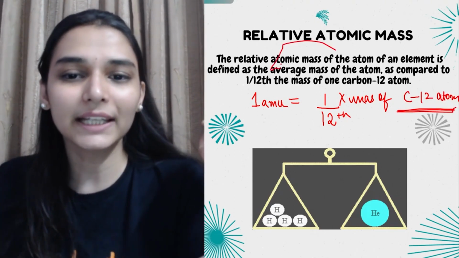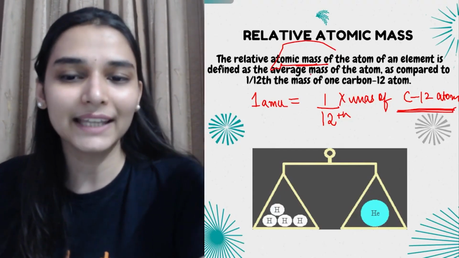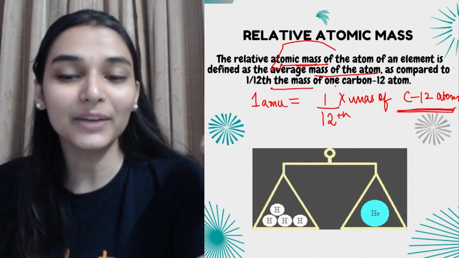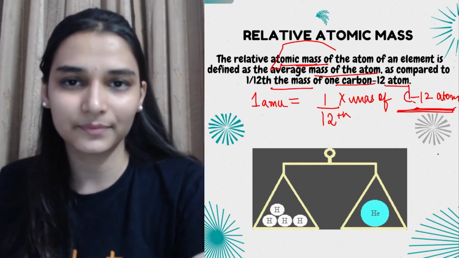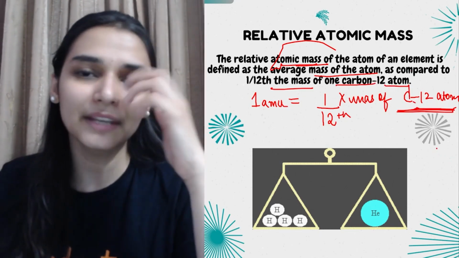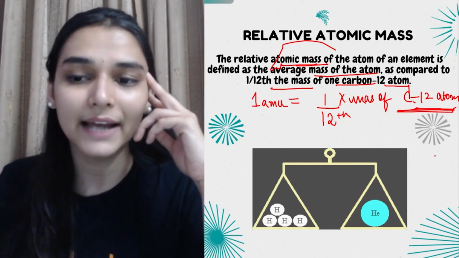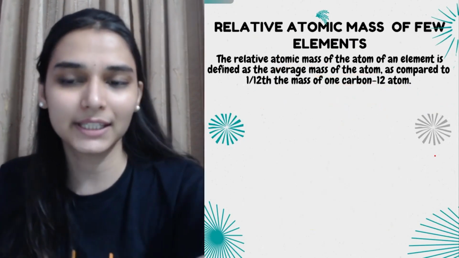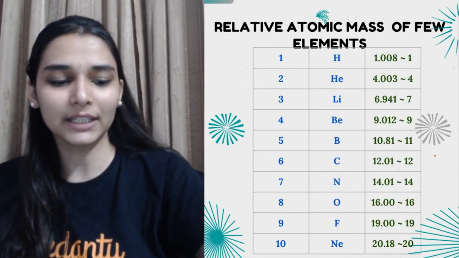Okay, so relative atomic mass of the atom of an element is defined as the average mass of the atom as compared to 1/12th of the mass of 1 carbon 12 atom. This is what we named 1 AMU, and you have to remember which element was chosen as the standard. Okay, and I also have a numerical in which I will tell you how this was calculated. Look,